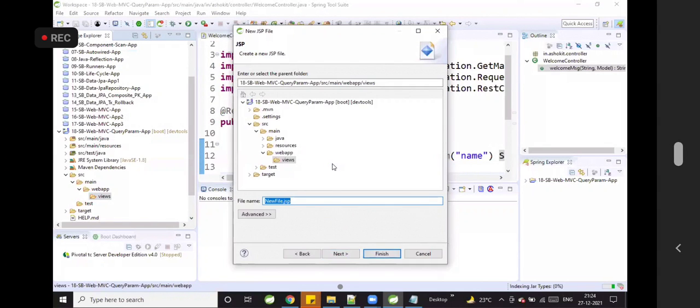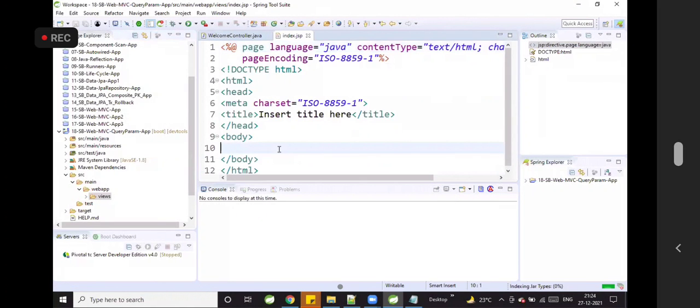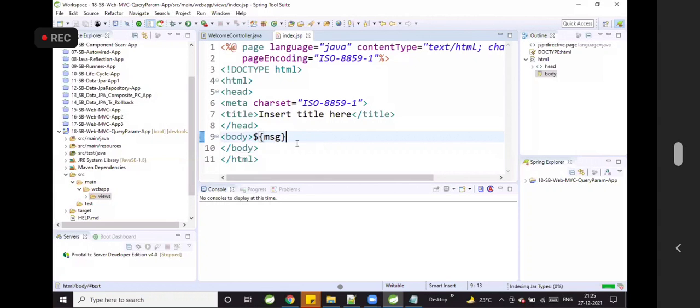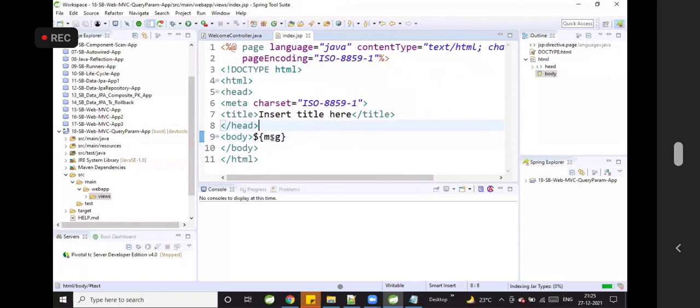Let's access the value by using the key with the help of expression language. ${message} is the expression language. This message is the key. It is going to capture and print the value which is associated with that key.